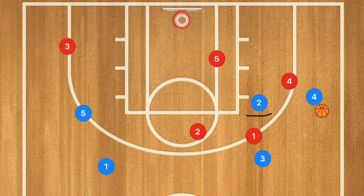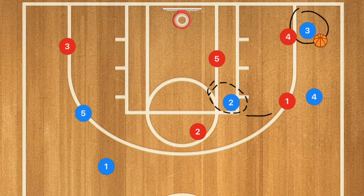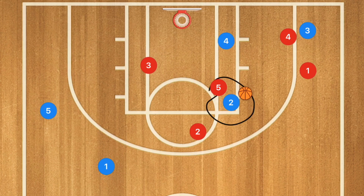When this happens, player 2 sets that back screen. We could hit that player 3. Hopefully, he has a shot. If he doesn't, and player 4 pops down, player 1 moves over, we're going to have player 2 in that high post. Player 4 is going to be cutting through. That could give player 2 the ability to hit that high post shot. If not, that could bring player 5 out, and player 4 will have that open low post shot. But this is more or less a motion offense that's a little bit advanced, but as a set play,